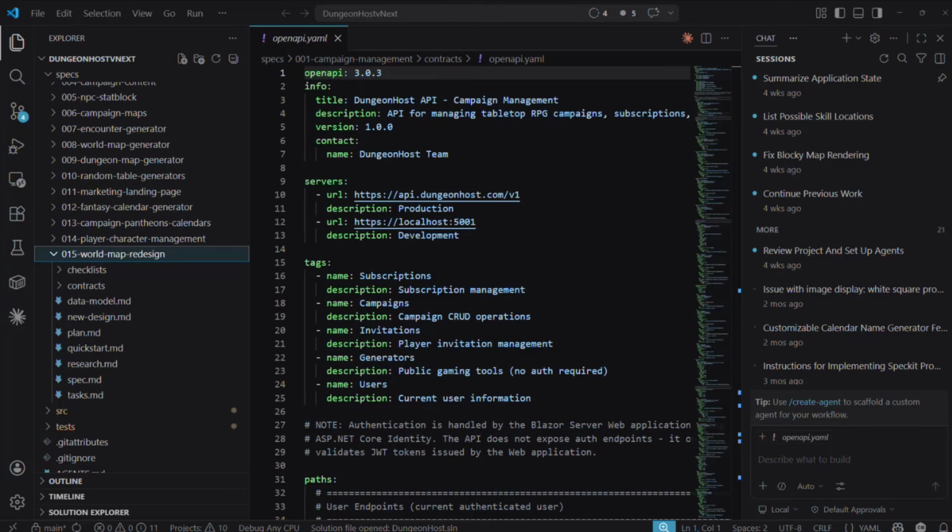So the actual code that you're using really doesn't matter to Spec-Kit, because Spec-Kit is not doing the actual coding or design. All Spec-Kit is doing is guiding whichever AI agent you're using, to help that agent be more productive in what it does and more specific in the code that it creates.